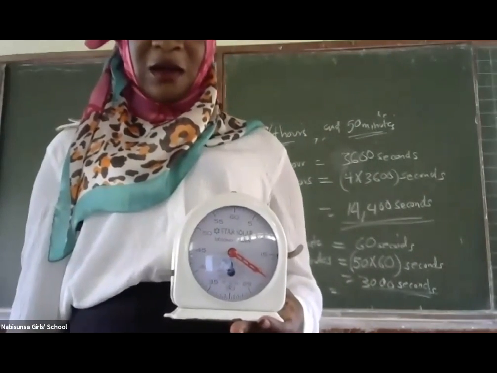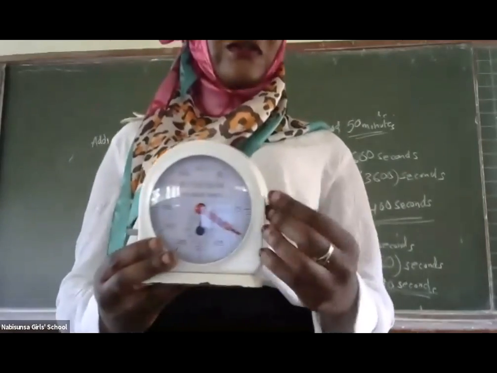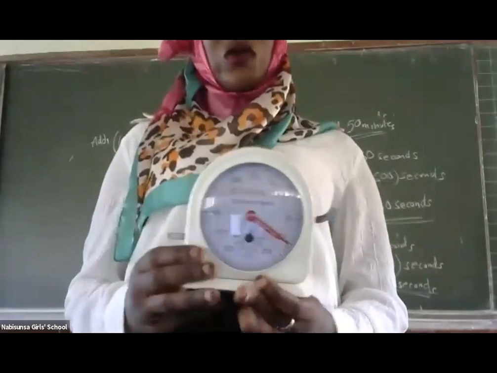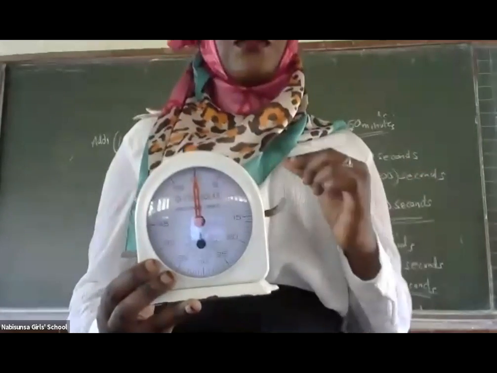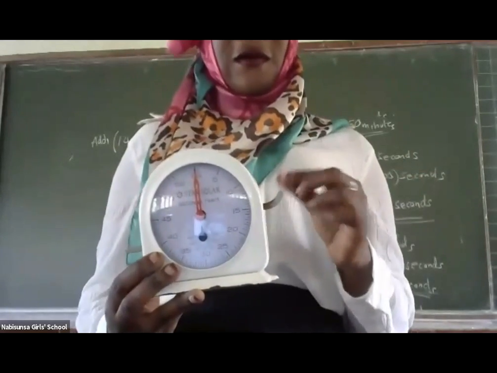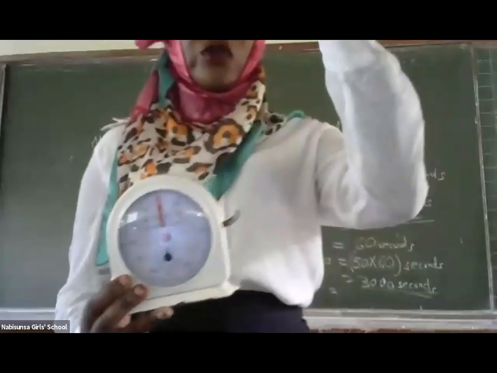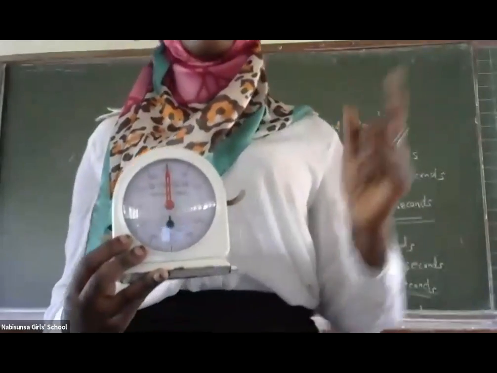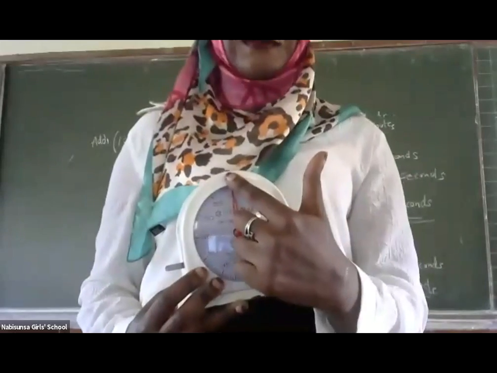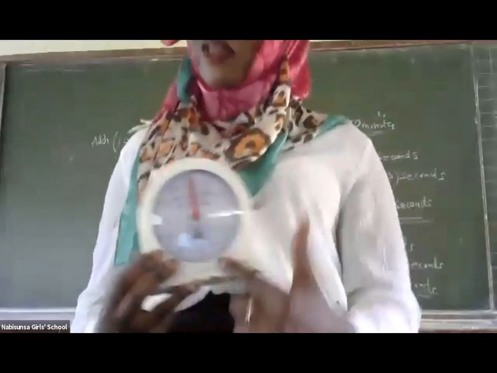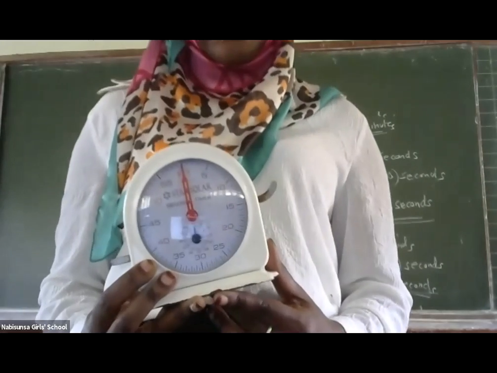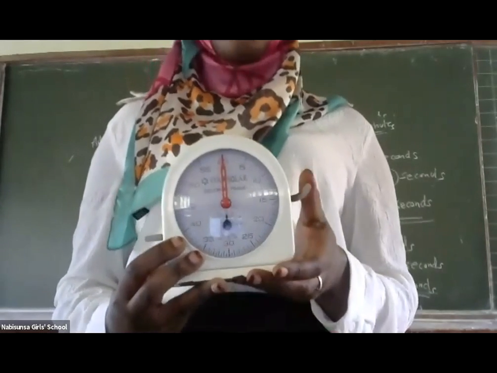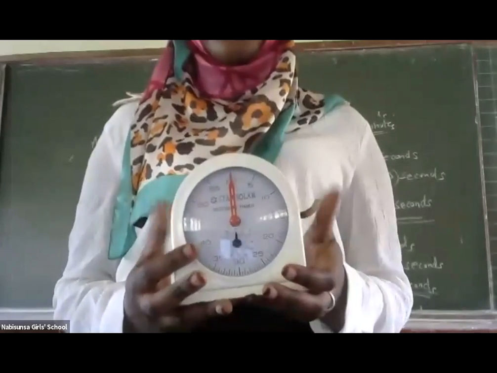Is that okay? So it has two buttons, this long one and this short one. This long one, we have said, takes the red hand back to the original position. The original position is always up. So when you're starting to count the seconds, make sure the red hand is at 60. Is that okay? Then when it starts counting,